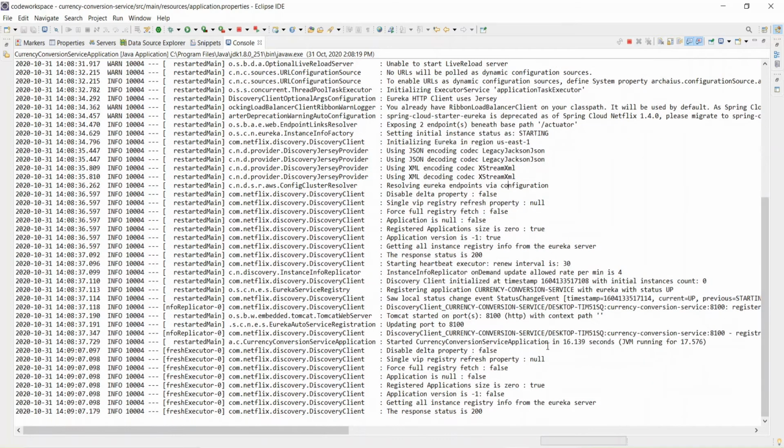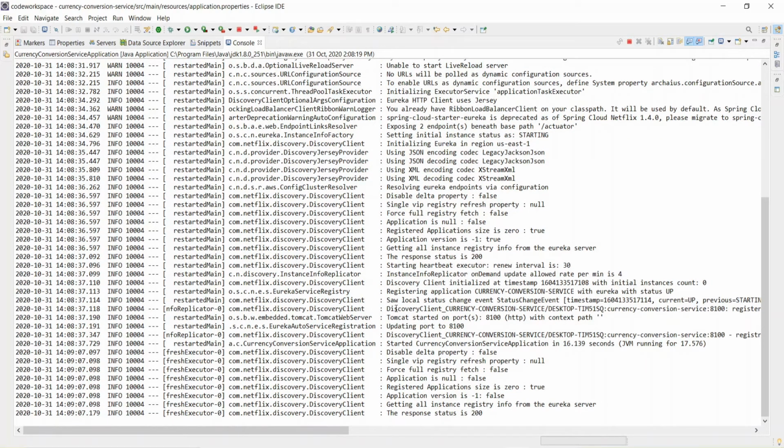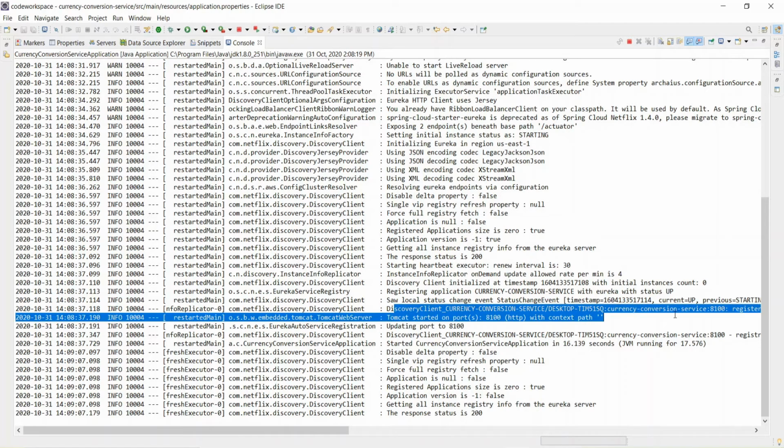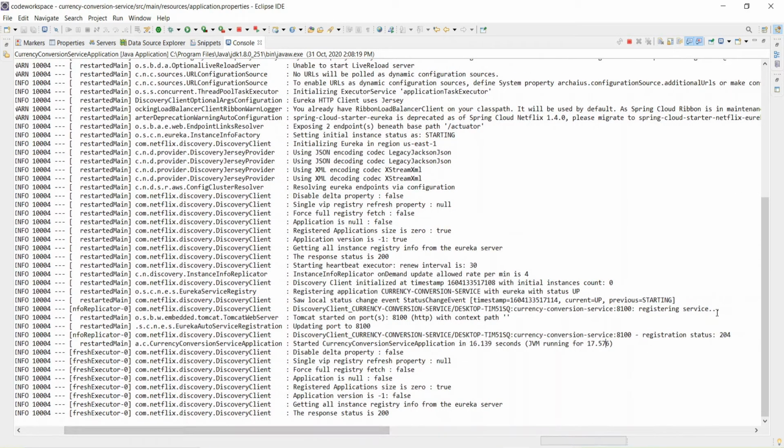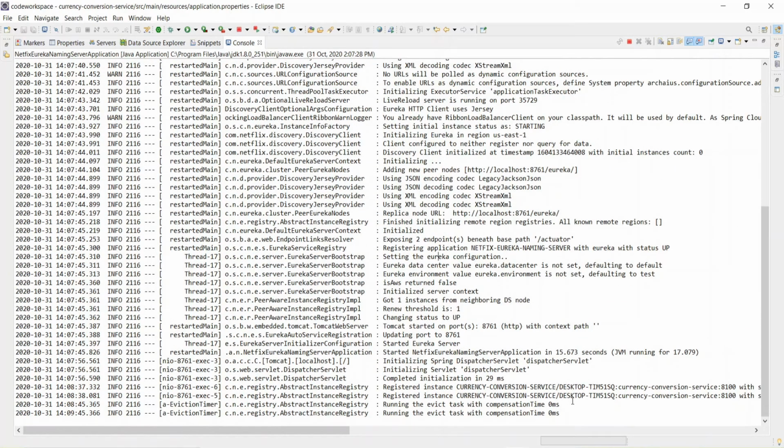If you see here in the log, it's saying DiscoveryClient currency conversion service registering, service 8100, which is running on the port. Tomcat started on port. Registering status 204. 204 means it is registered with no response, that is fine. Getting all instances registry info from the Eureka server, the response status is 200, that is fine.